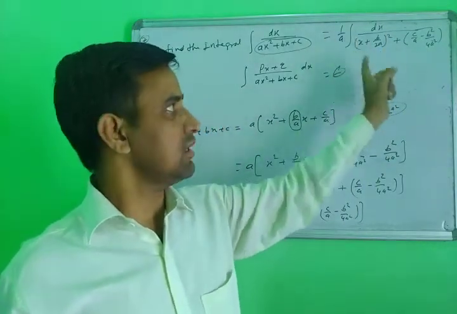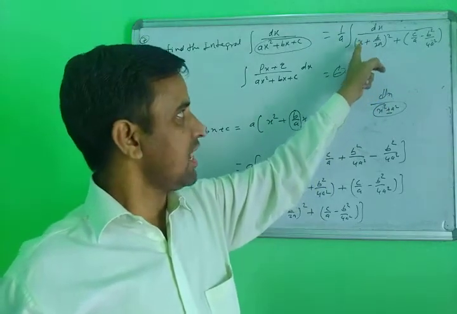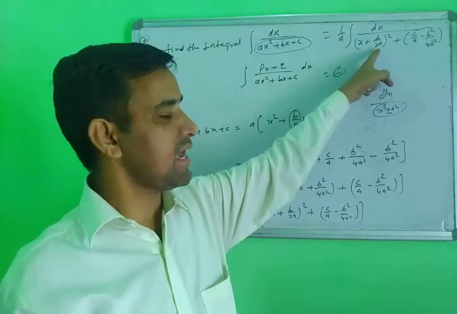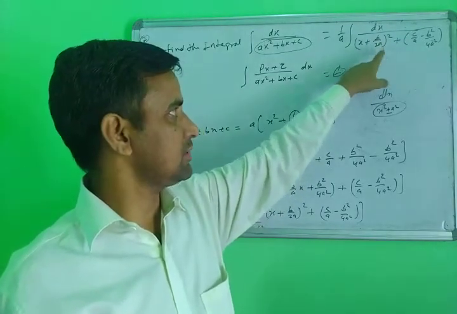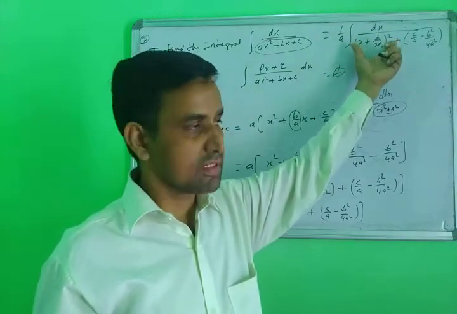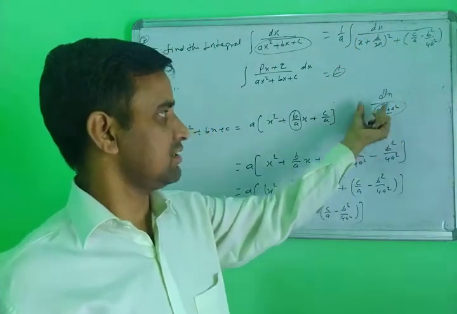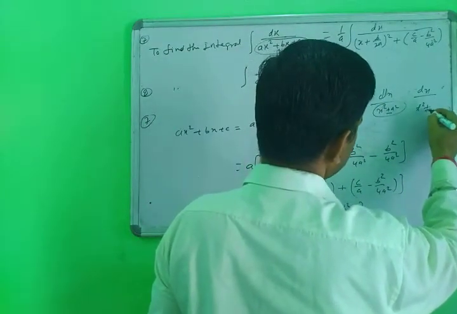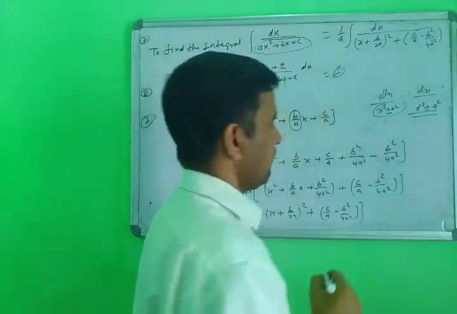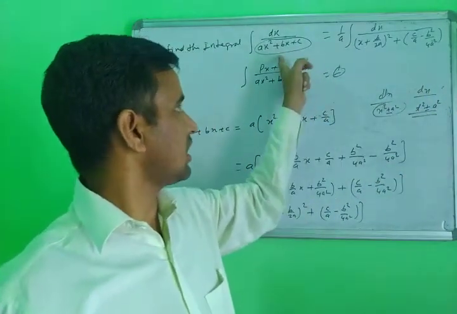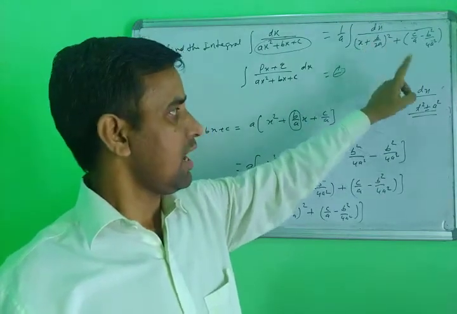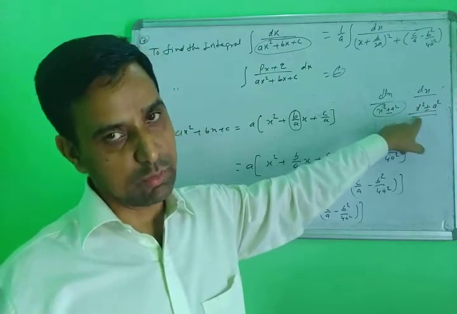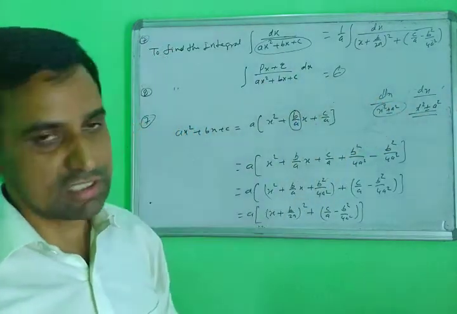After that you will use your substitution method. The x plus b upon 2a you will substitute with any variable, t, y, p, q, any one. After that you use your substitution technique and this identity here. This will be converted to dx upon t square plus or minus a square in this form. The question is first converted into this form, then after substituting converted to this form, then using the particular identity. So in this way you will change the